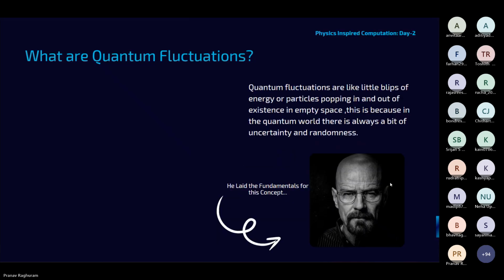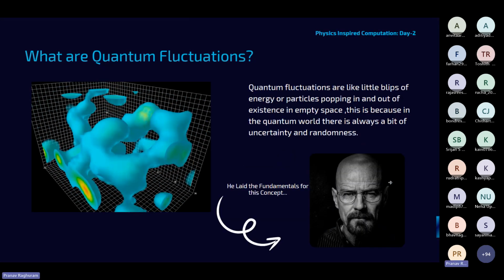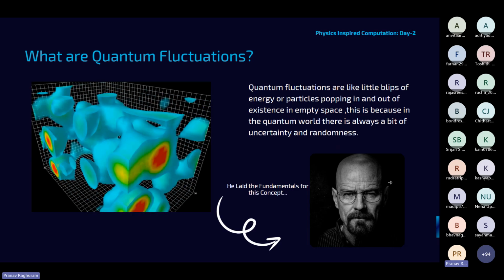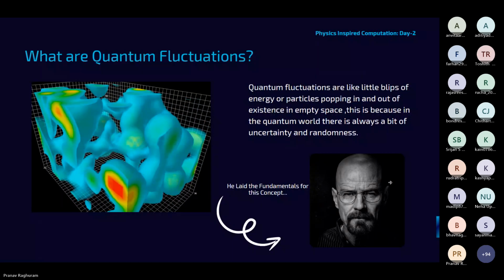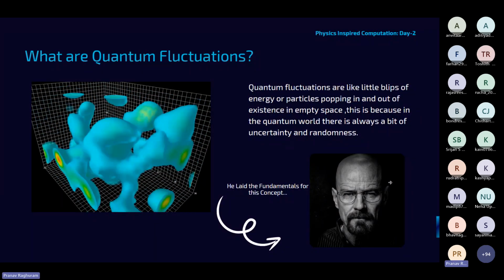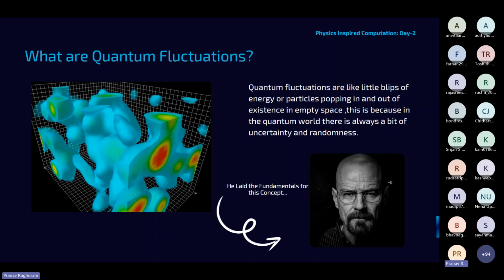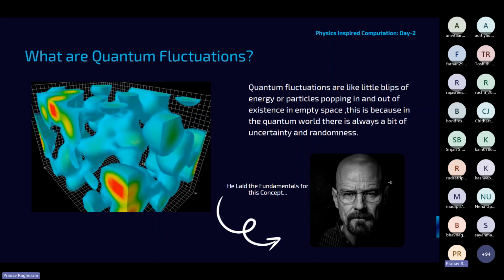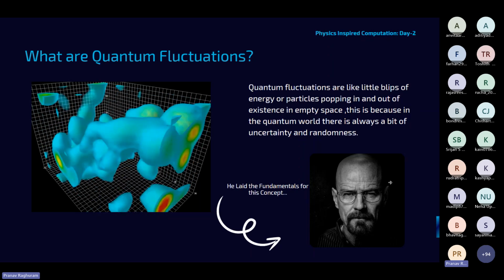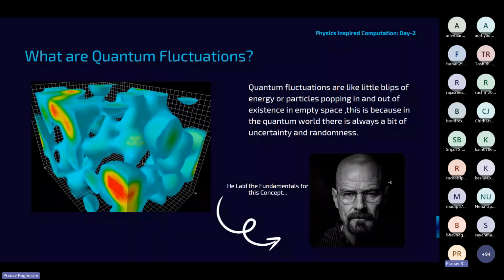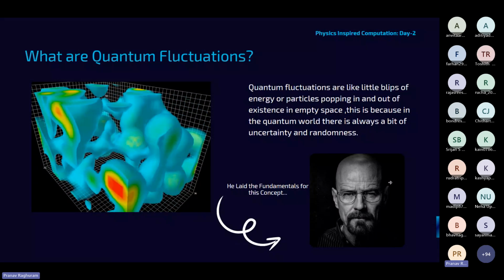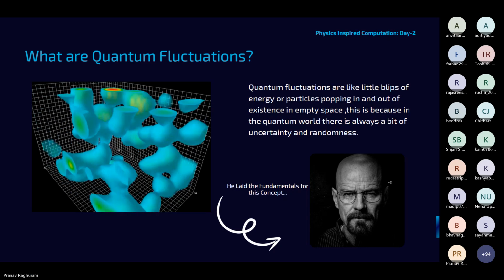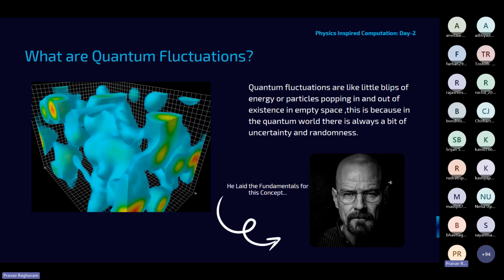Yeah. Okay. So quantum fluctuation is sort of like teleportation, like what was mentioned. It's a temporary fluctuation in the amount of energy at a very microscopic scale. Like there's suddenly an empty space, and suddenly there's a blip of energy which comes into existence and then vanishes momentarily. If you take a look at the GIF, it is an accurate representation of what actually happens in quantum fluctuation.